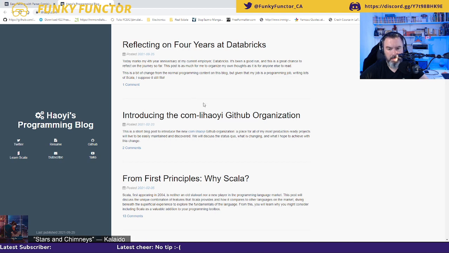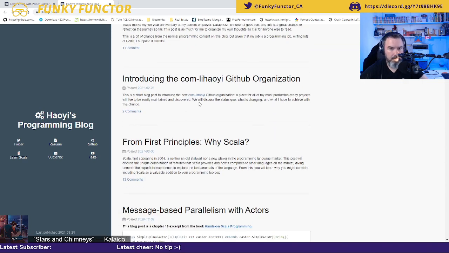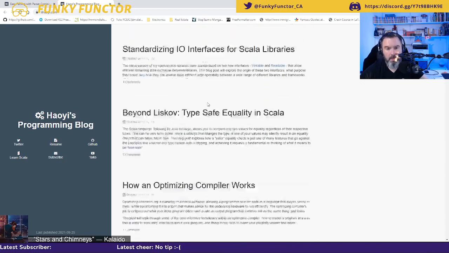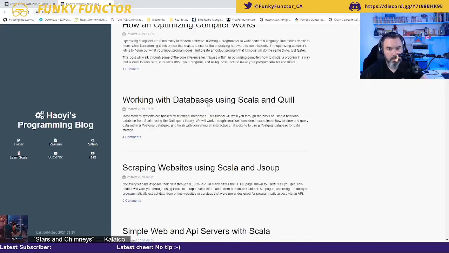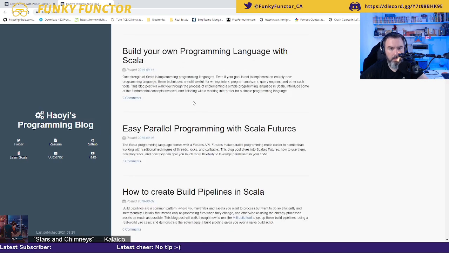Maybe there is. Usually we've got things like calculators implemented or something similar. Okay, so beyond its scope, how an optimizing compiler works, database, scrapings, programming. So that is the one I'm using.